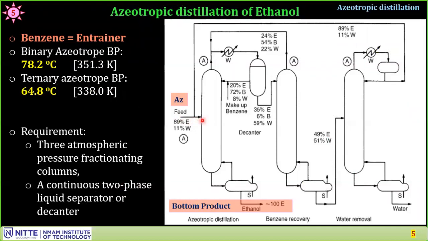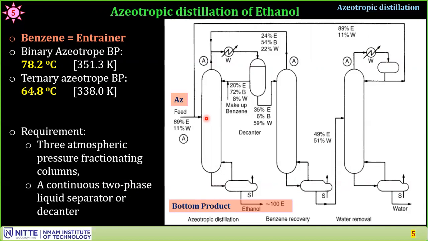So the feed will be fed here, the benzene enters the column, and the column is the same as what you have seen earlier. It could be a packed bed or tray tower column. The liquid feed drops down to the bottom, enters the reboiler, heats up, vapor is issued, and the vapor goes up. As we have seen earlier in the tray tower cases, the same mechanism happens here. The downcoming liquid comes in contact with the up-moving vapor.